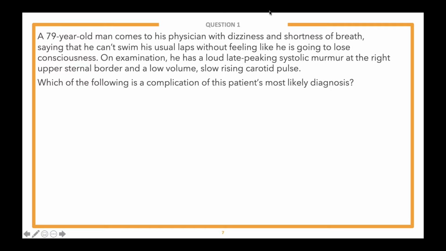Thank you, Sean. So what we're going to do is show you what we think are the important clues in this vignette and the lead-in. So starting off, generally, the first thing that you're going to be given in a question is the demographics. And in this case, we're told it's a 79-year-old man. Okay, so definitely want to make note of that. Right off the bat, you can start thinking about certain diagnoses,